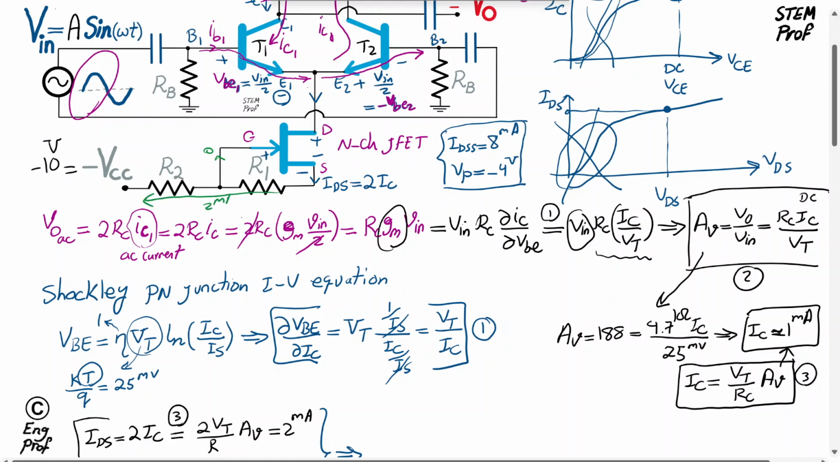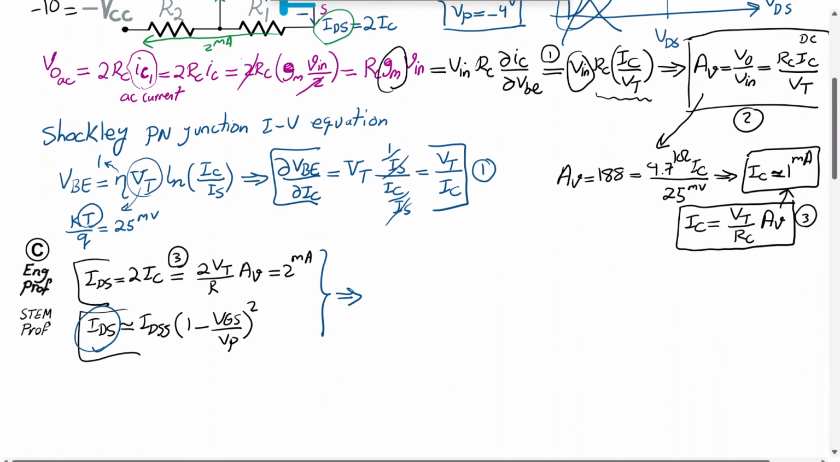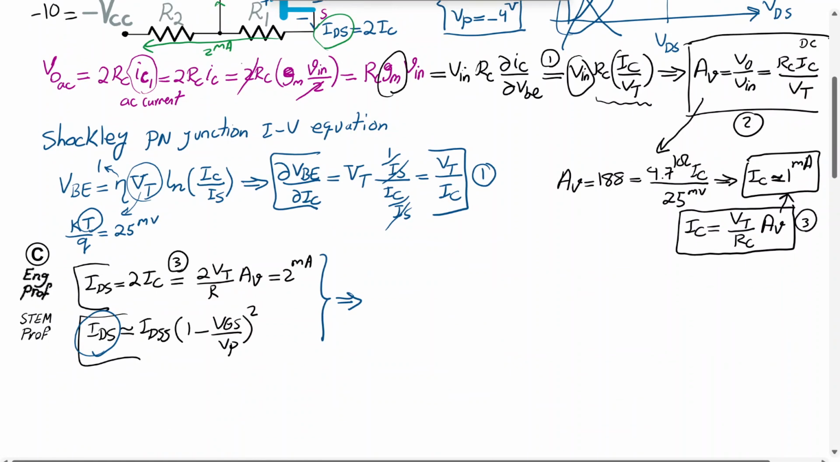So 2 milliamp in this example, IDS. If I know the voltage drop across gate source, then I know the voltage drop across R1, and then I can find R1 given that I know 2 milliamp is going through R1. That's the idea. So going back to what I was doing,